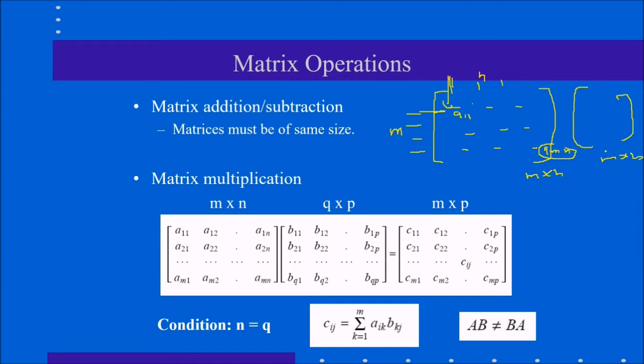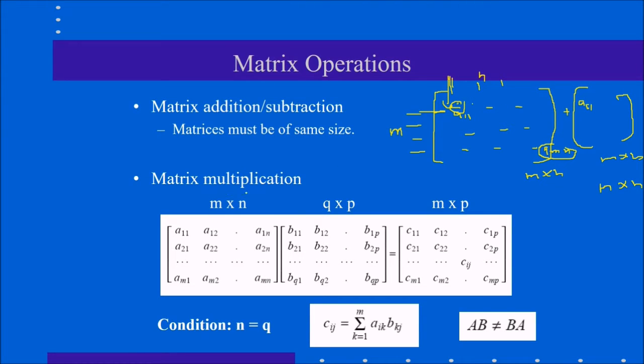Meaning the rows and columns should be equal, because addition or subtraction is carried out element by element. A11 will be added to A11 only, and the result will be the final matrix. The resultant matrix will also be of m by n form, and its elements are simply the sum of the corresponding row-column values of the corresponding matrices.